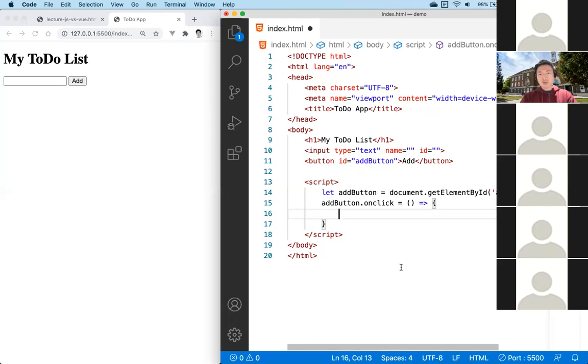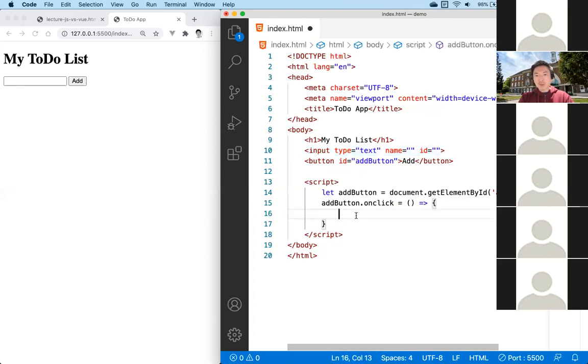Okay, and so what we need to do is say once the user clicked this button, we want to get the values of what the user typed in here, and then add that to a list, say below somewhere here. Okay, and then the first thing is we need to get the values that user typed in. Again, so we need to get value basically from this input